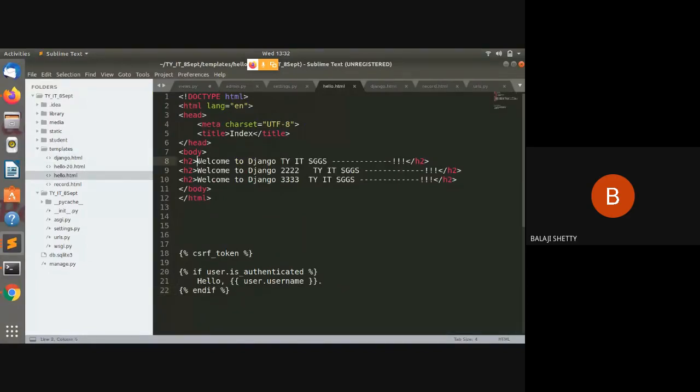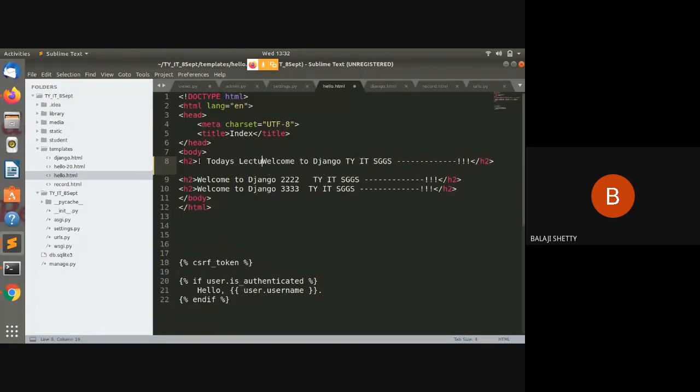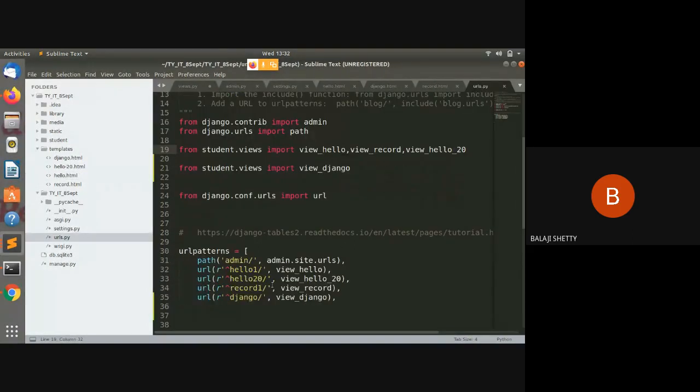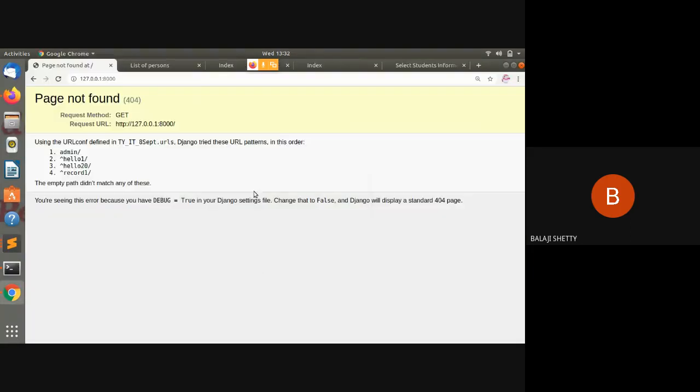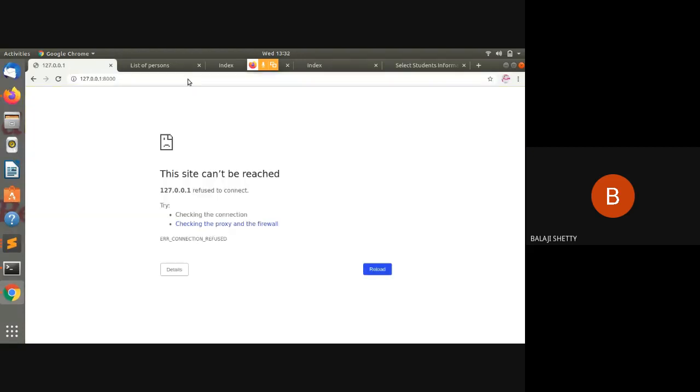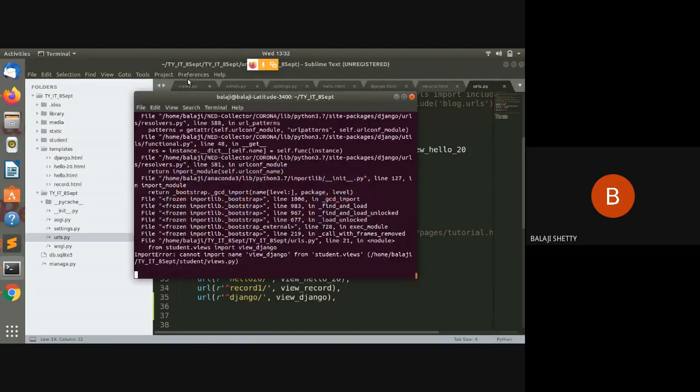When I open hello.html, I make the changes here: today's lecture is okay. Now I have made the changes in the hello.html file, and hello.html is in hello1. So I call this path hello1.